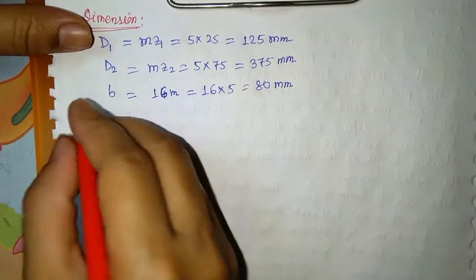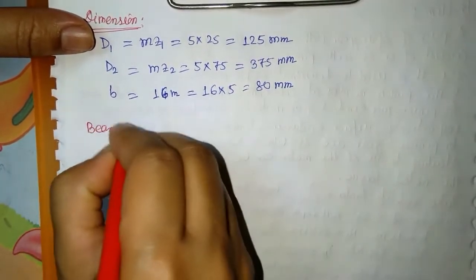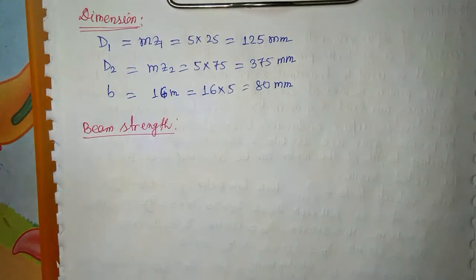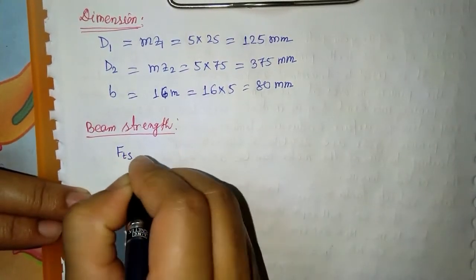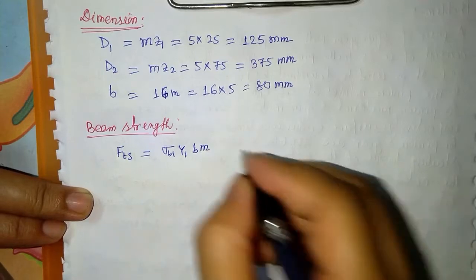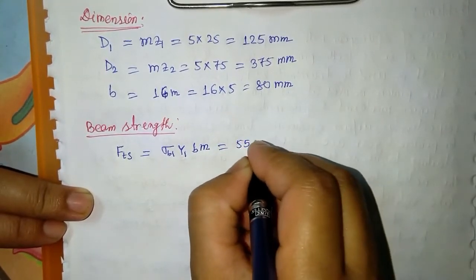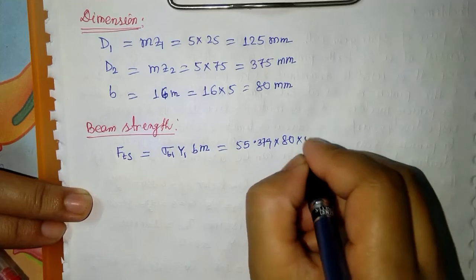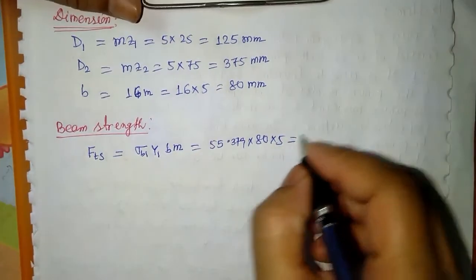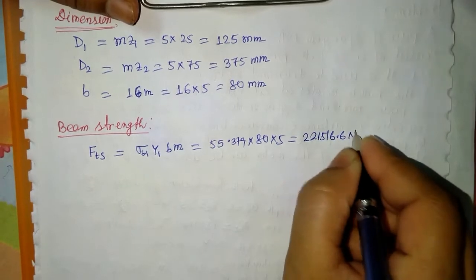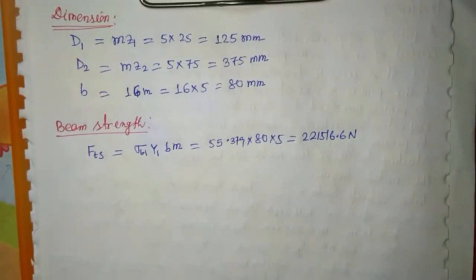Next, let's find the beam strength. So beam strength, we know that F of Ts, this is sigma B1 Y1 B into m, and this value is 55.379 into 80 into m is how much? 5, and this value becomes 21516.6 Newton. So this we got as a beam strength,